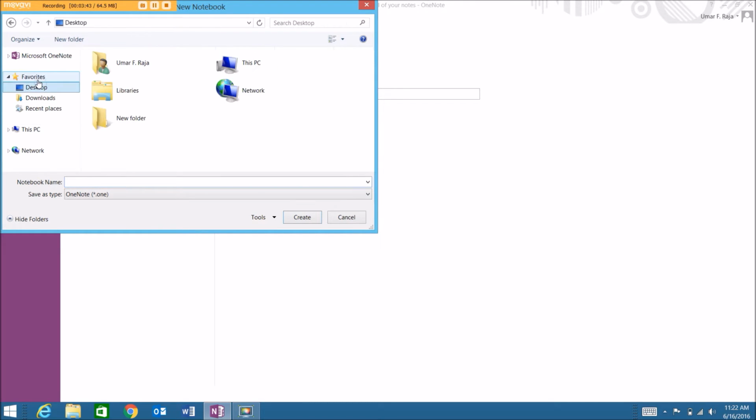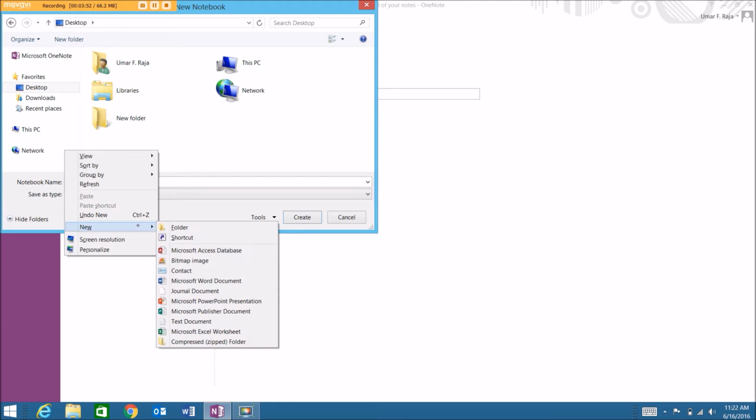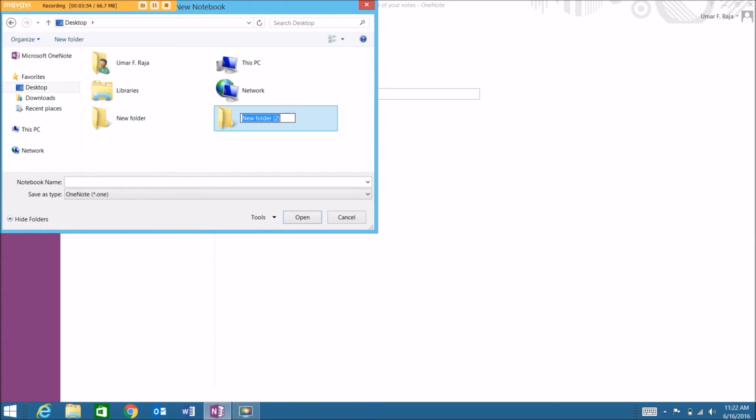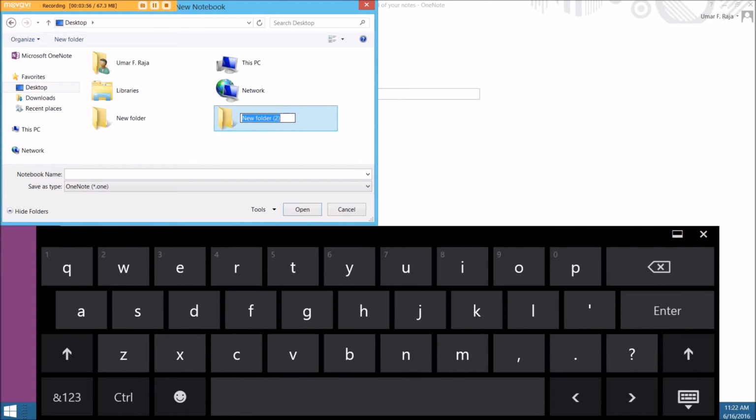Instead, I'm going to have a folder right on the desktop. So we're going to click on the desktop just like how I did. And again, using that stylus, we're going to hold that, click new and then go on folder. At this point, click on the keyboard and type in OneNote